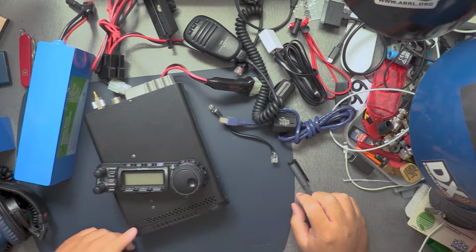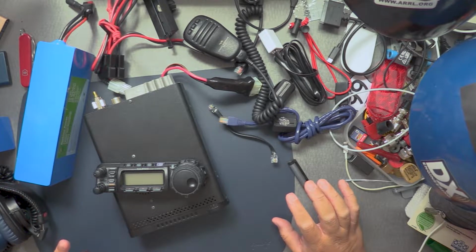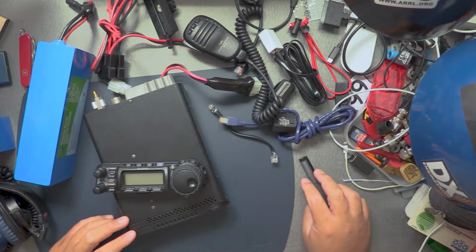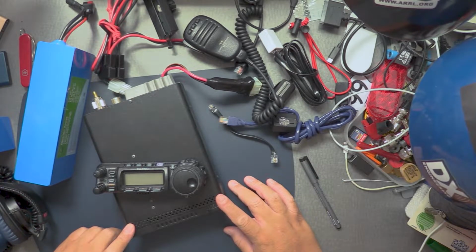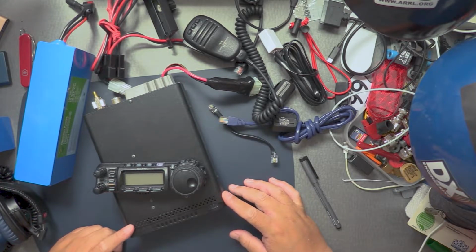This is the Yaesu FT-857 field setup video. I want to talk to you about how to set up this radio and think of it as more of a setup for portable, but also a little bit about mobile. This radio was really built very nicely to do HF, VHF, UHF. It has many features, and if you get a hold of one, because they don't sell them anymore, you'll be